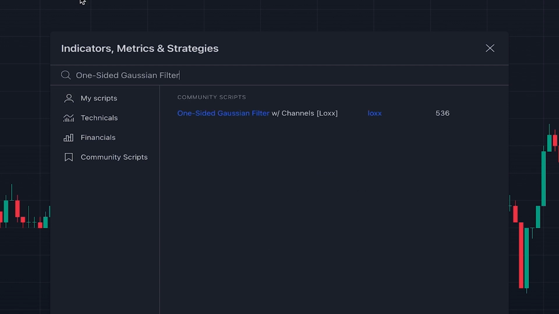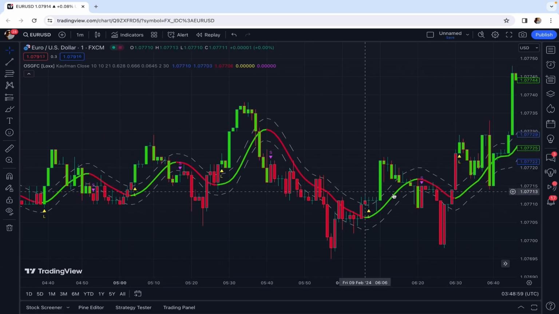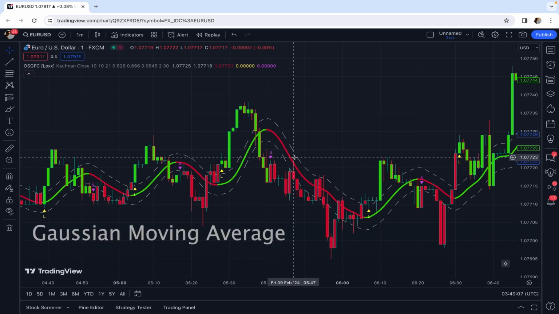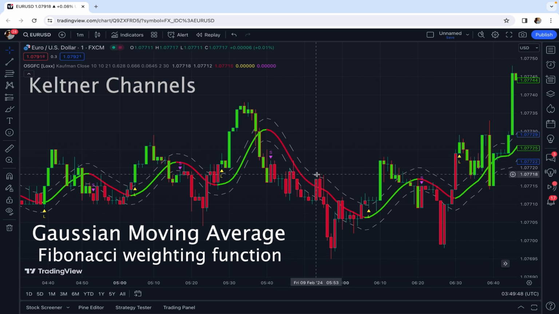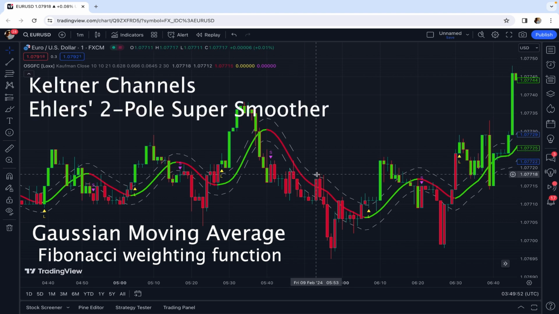Alright, to add this amazing indicator to our chart, here we click on indicators and we search one-sided Gaussian filter, this one, which is written by LOXX. Alright, this is the indicator and as you can see it's overlaid on the price chart. This indicator is a Gaussian moving average that uses Fibonacci weighting function. Keltner channels are also used for showing zones of exhaustion, and Ehlers' two-pole super smoother is also applied to reduce